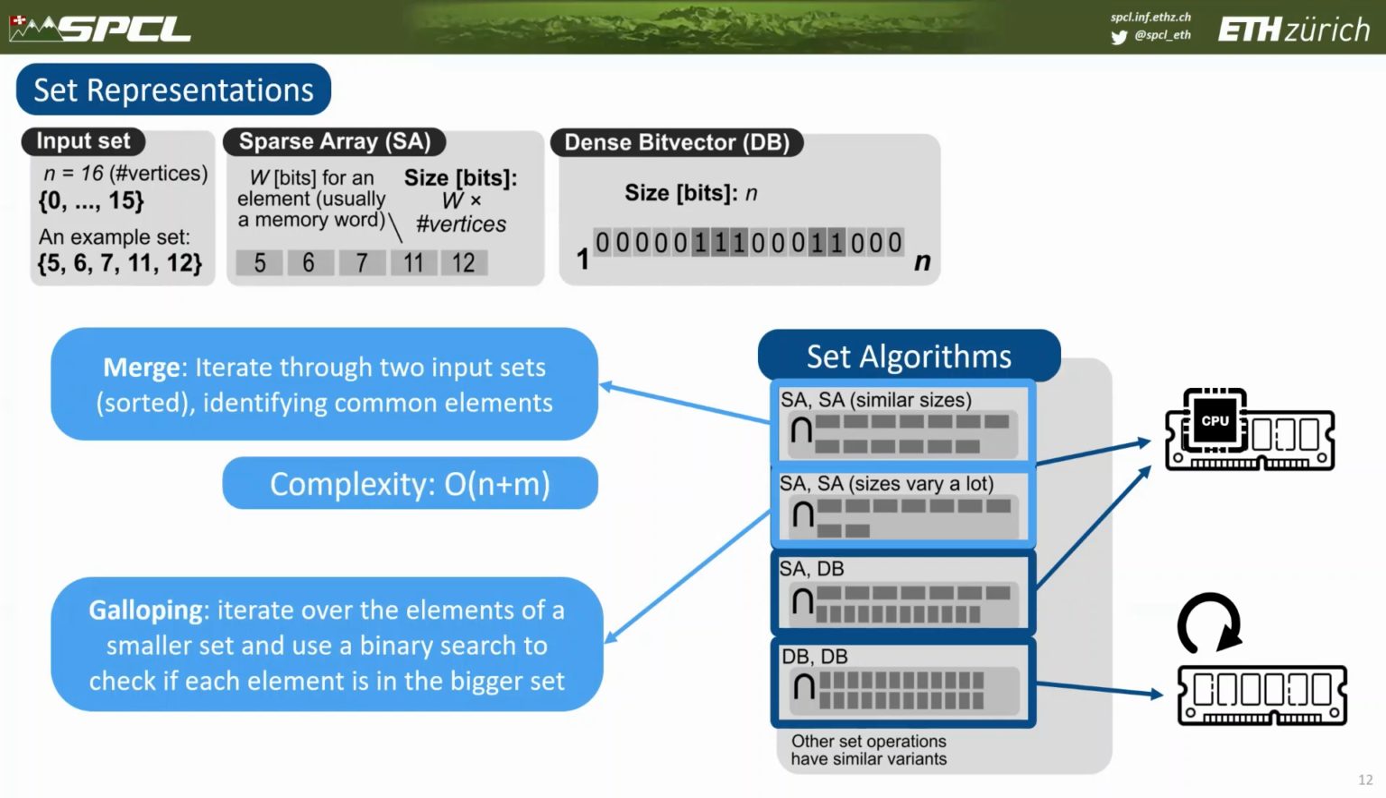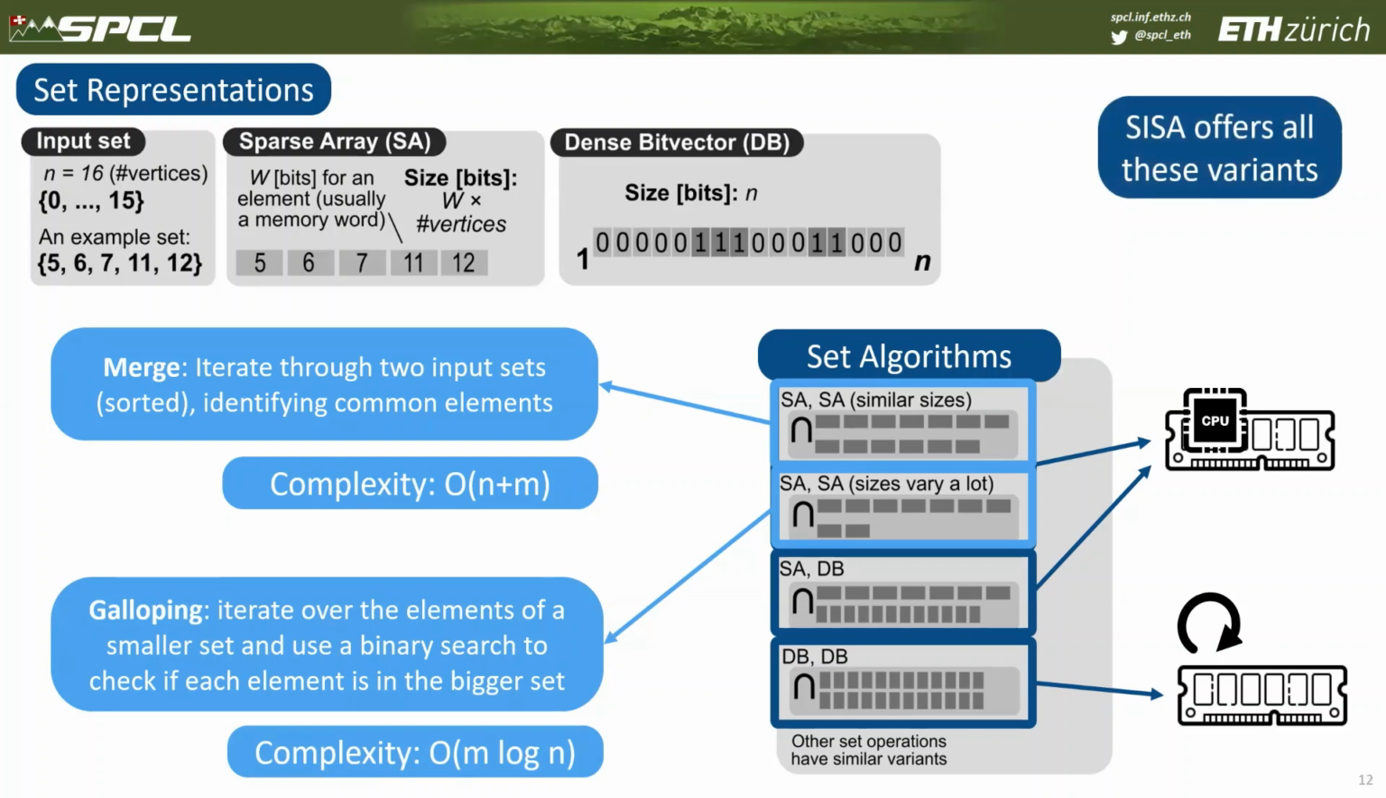While if we want to intersect 2 sparse arrays whose sizes vary a lot, we prefer a different variant called galloping, where we iterate over the elements of the smaller set, and then we use a binary search to find a specific element, one by one from the smaller set, inside the sorted bigger set. And the complexity of the scheme is m log n, where in this case m is the size of the smaller set and n is the size of the bigger set. Right? And again, in SISA we offer all these variants. And yes, it does look a bit complicated, but now let's take a look at how we simplify this through